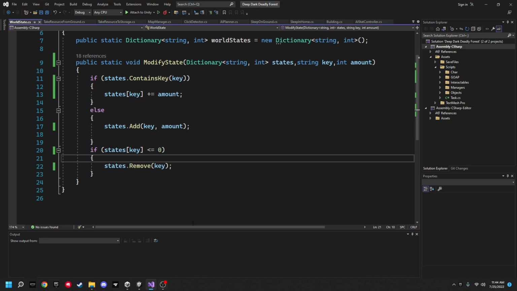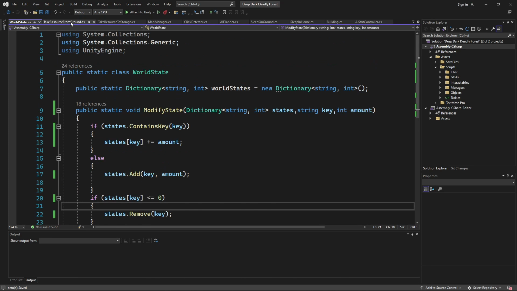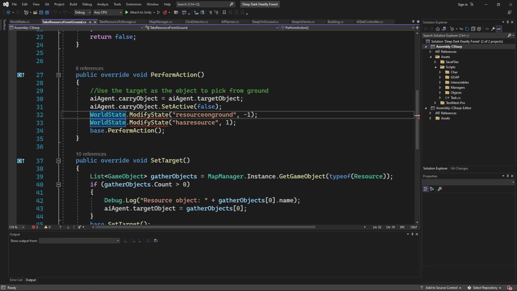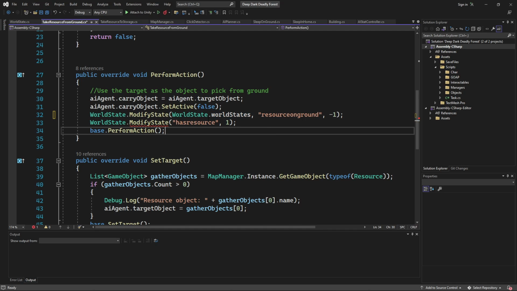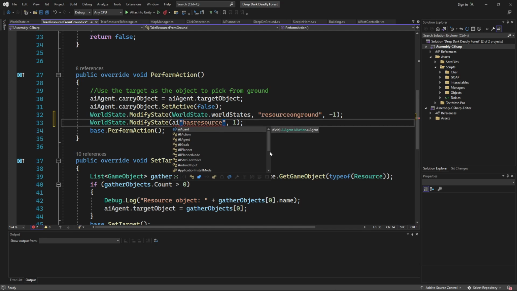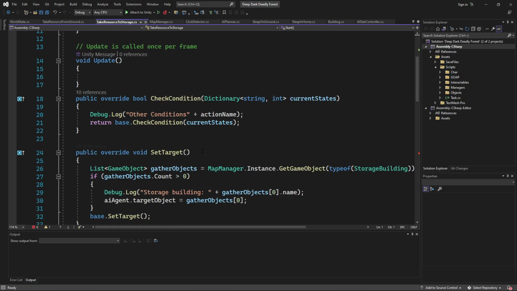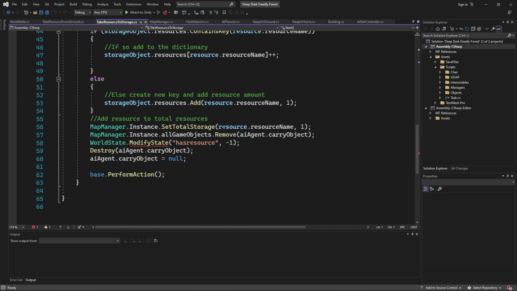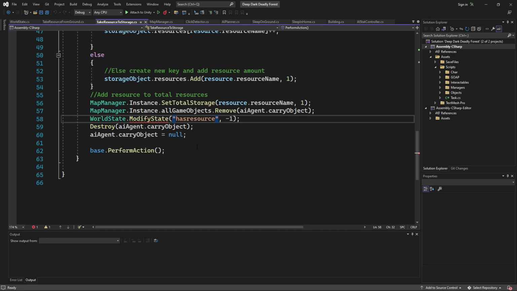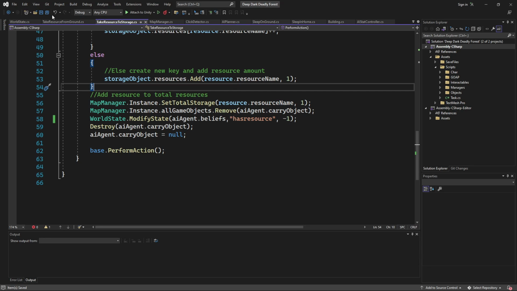Okay. And we're going to have a ton of errors. So we want to send it the world state dot world states. But then here, we'll send the AI agent dot beliefs as resource. Okay, see this? All right, we want to send the AI agent dot beliefs to the has resource.